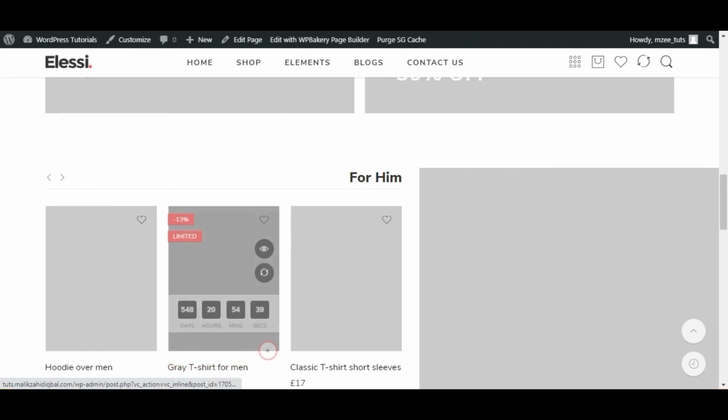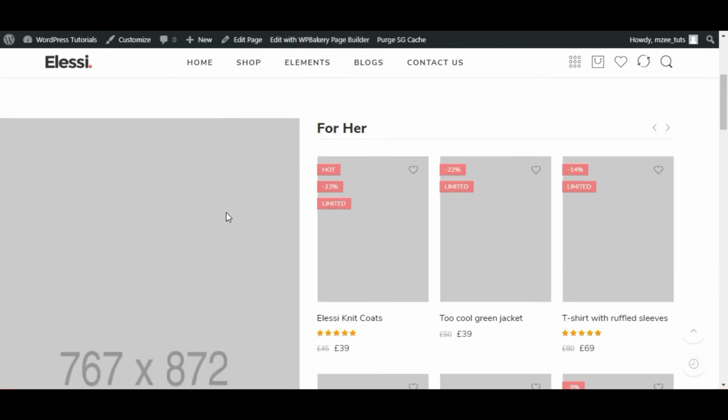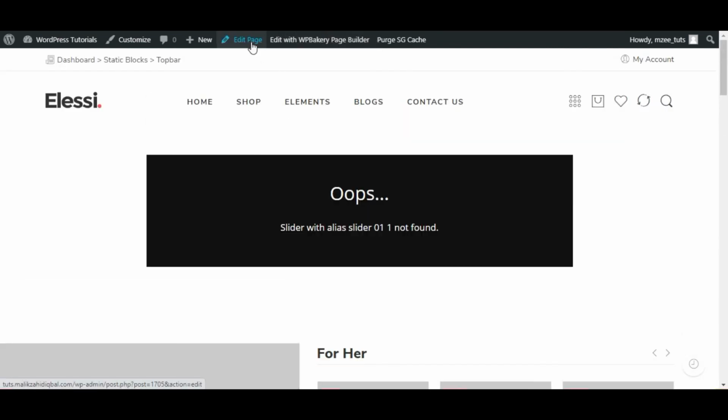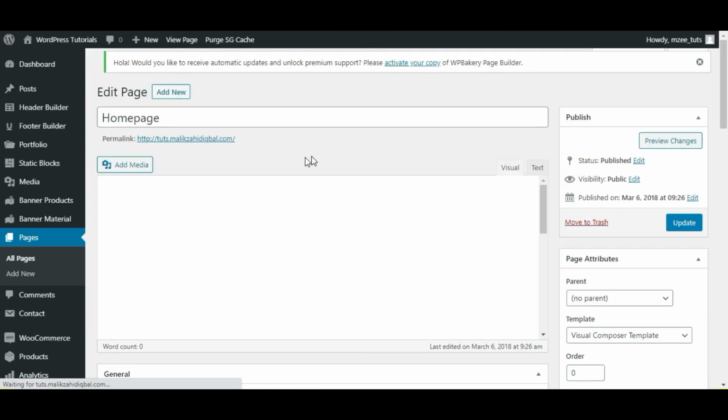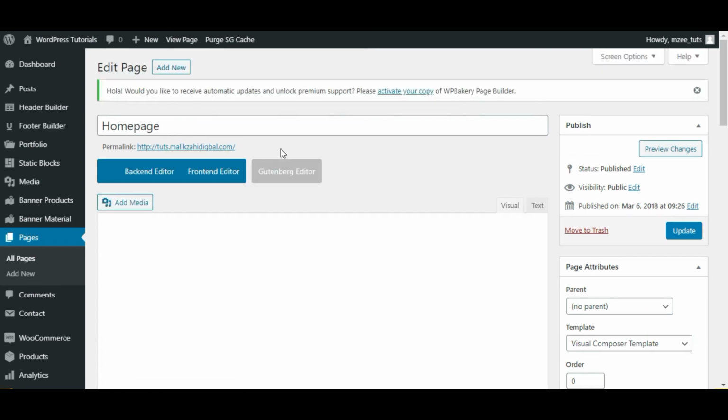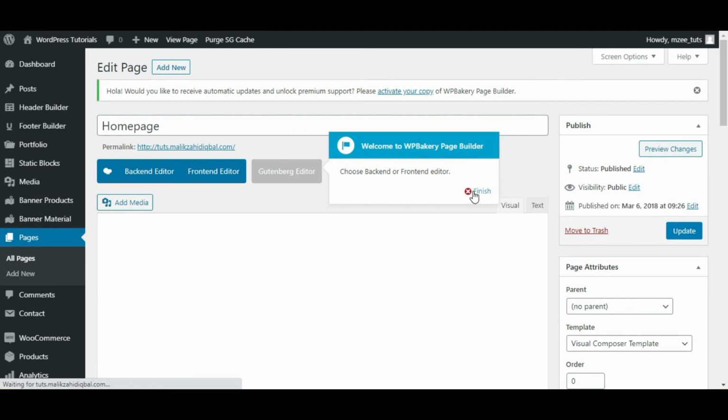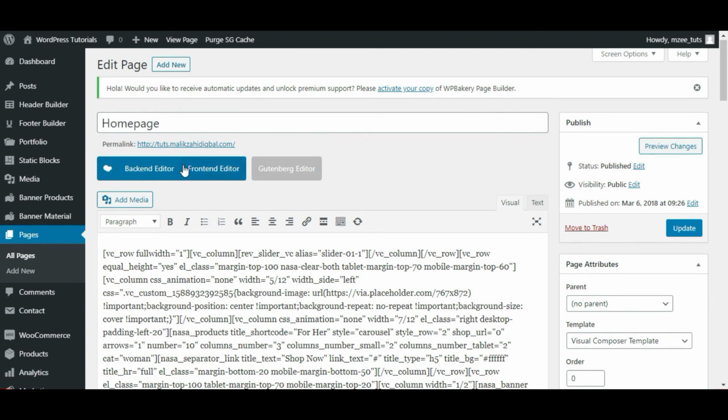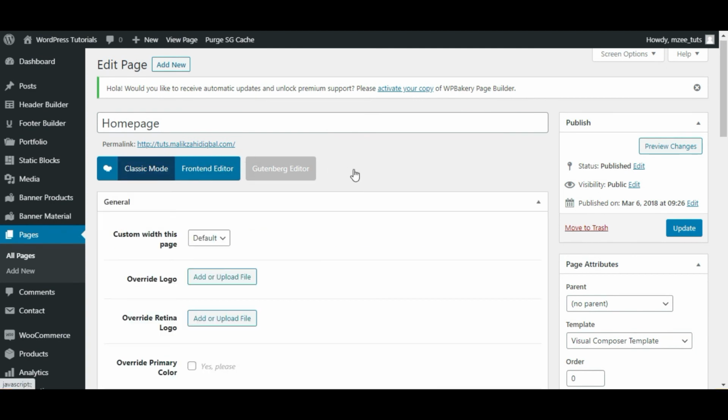You can just simply go and edit things in the website. If I can show you the home page, I go to edit page. Click backend editor.